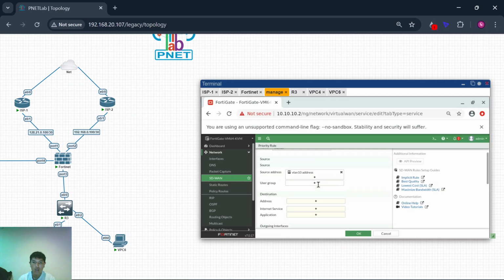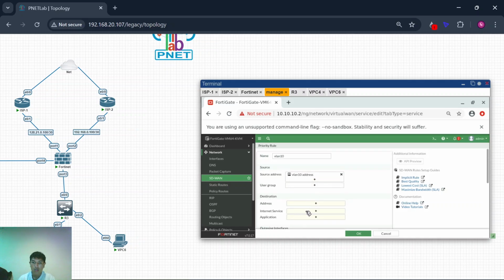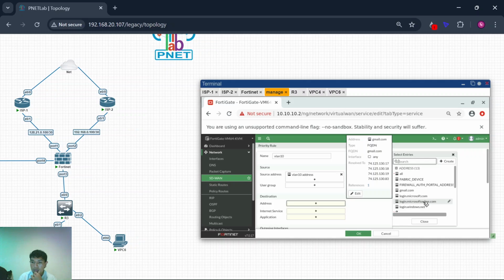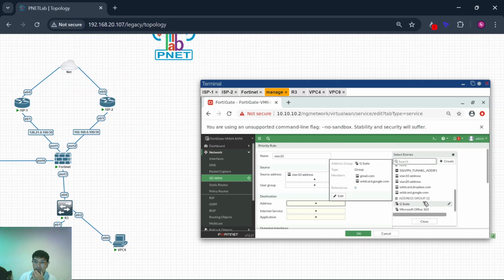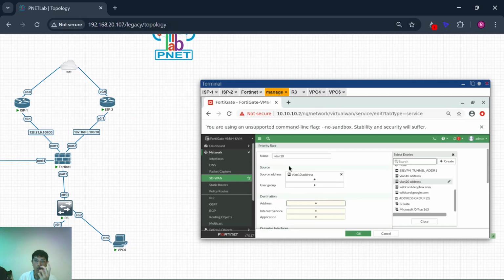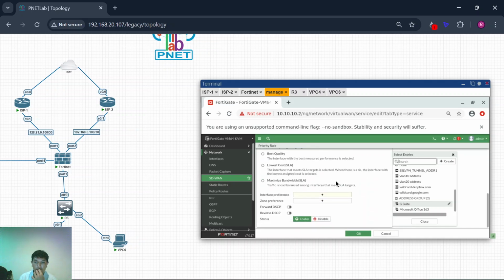This is the interface preference, and this is port 1.